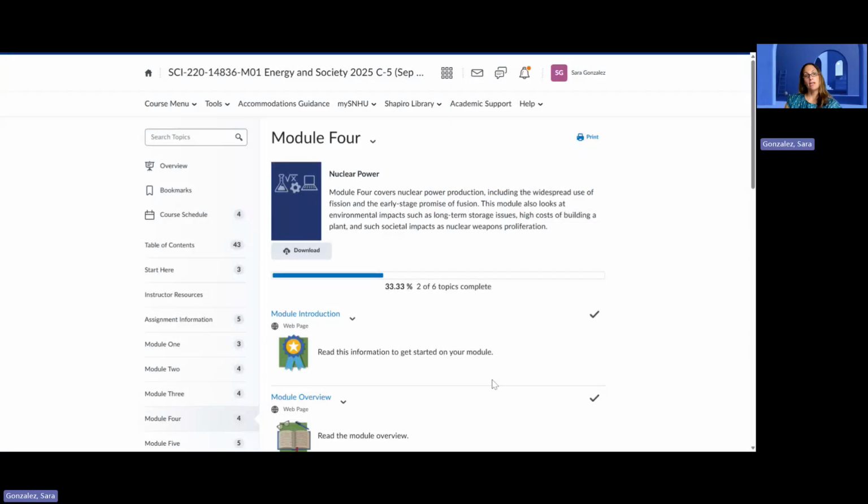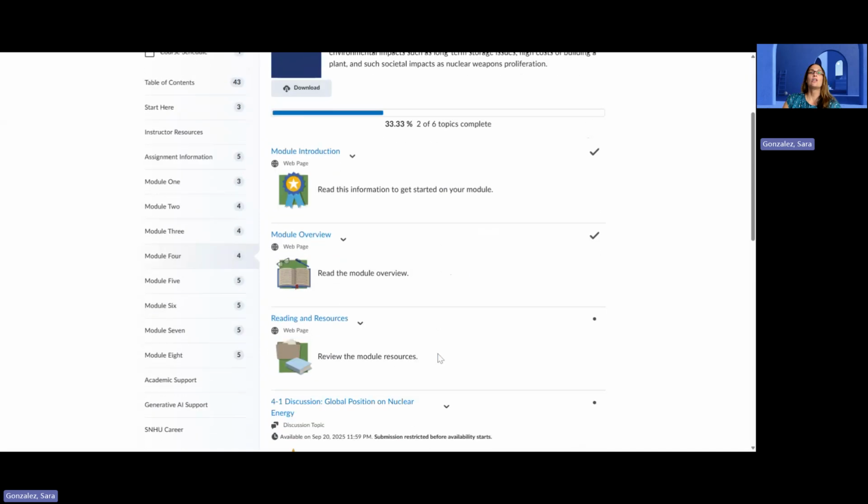Let me go ahead and share screen so we're all on the same page as to what is due for Module 4. So we've been talking previously about energy usage, the global energy supply. We got a little bit into coal, fossil fuels, natural gas a little bit last week as a bridge fuel. So this week, as you can see, we're going to go into nuclear power. Some of you mentioned nuclear power in your responses and your discussions, and we'll take a look here